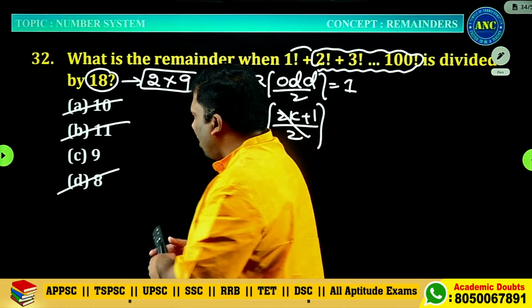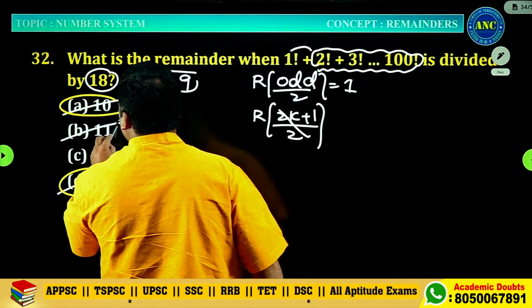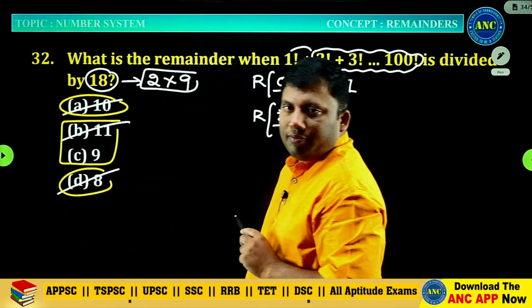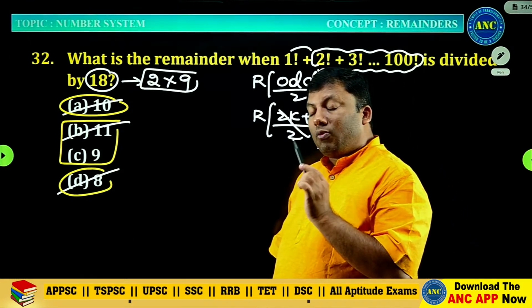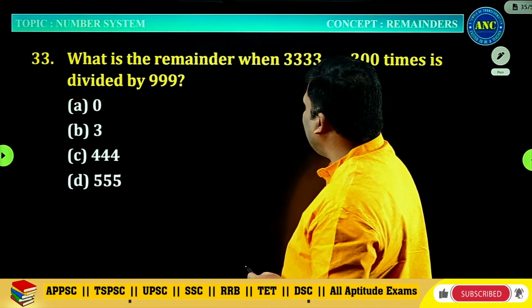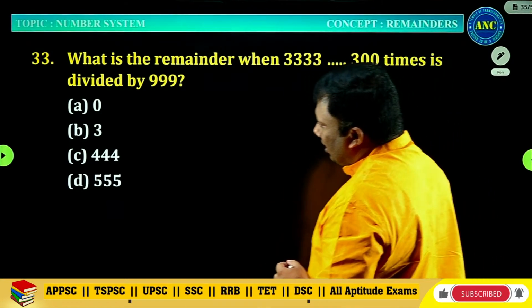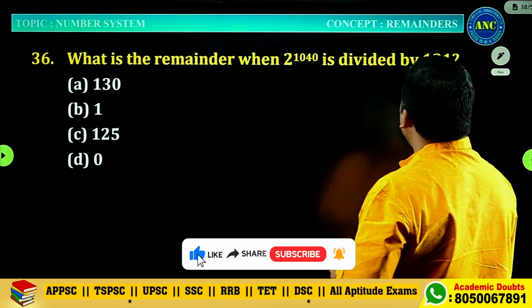Sorry. Option A is eliminated. Option D is eliminated. These two we are stuck with, I eliminated these two. I will come back and solve it later. But I want everybody to understand the importance of the Chinese remainder theorem. I hope it is clear. Now see here, these are all composite numbers.